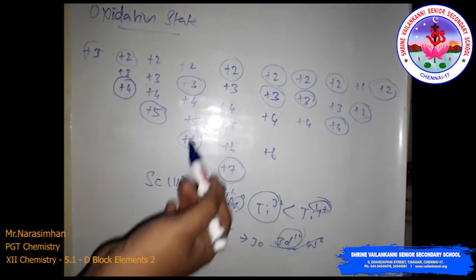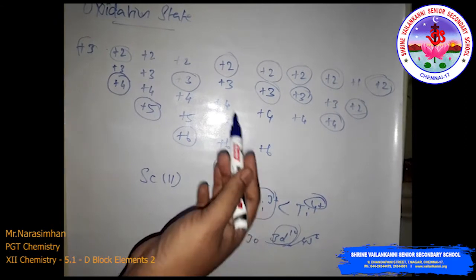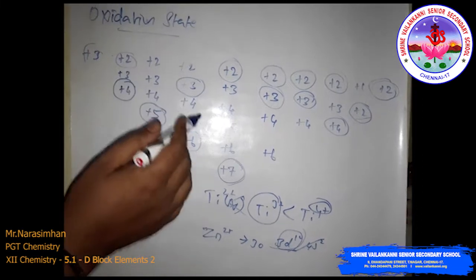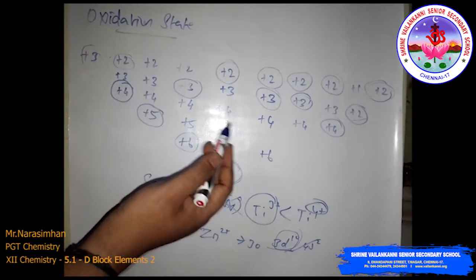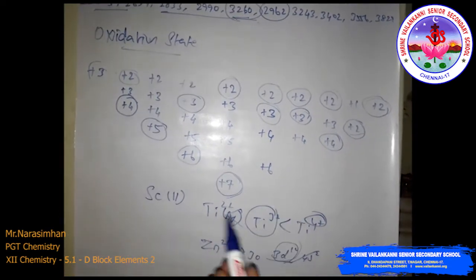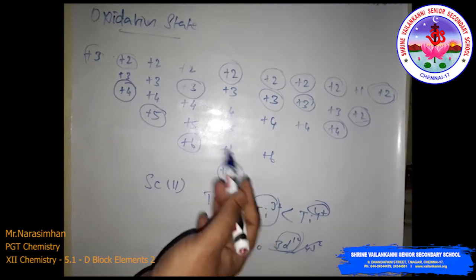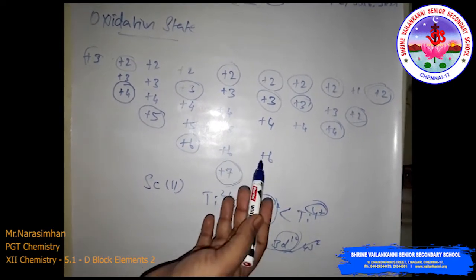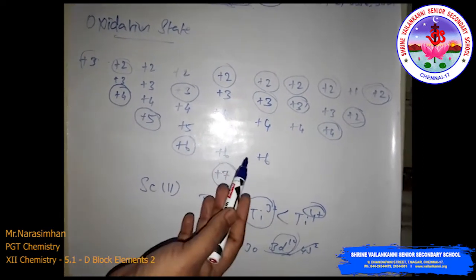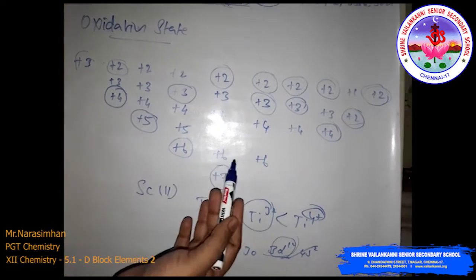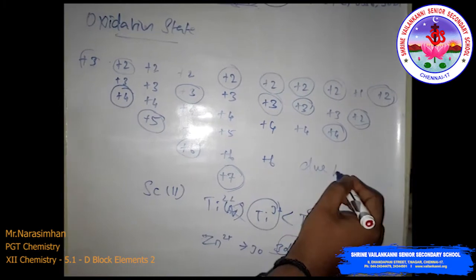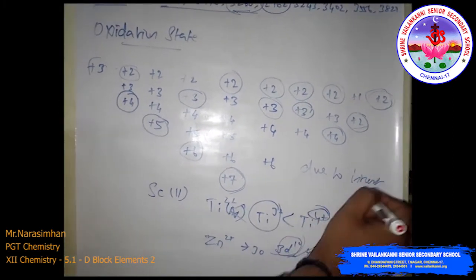In contrast, for non-transition elements the variable oxidation states normally differ by two units. An interesting feature is that the variability of oxidation state in d-block elements is noticed among the groups, although in the p-block the lower oxidation states are favored by the heavier elements. This is the reason, due to the inert pair effect.